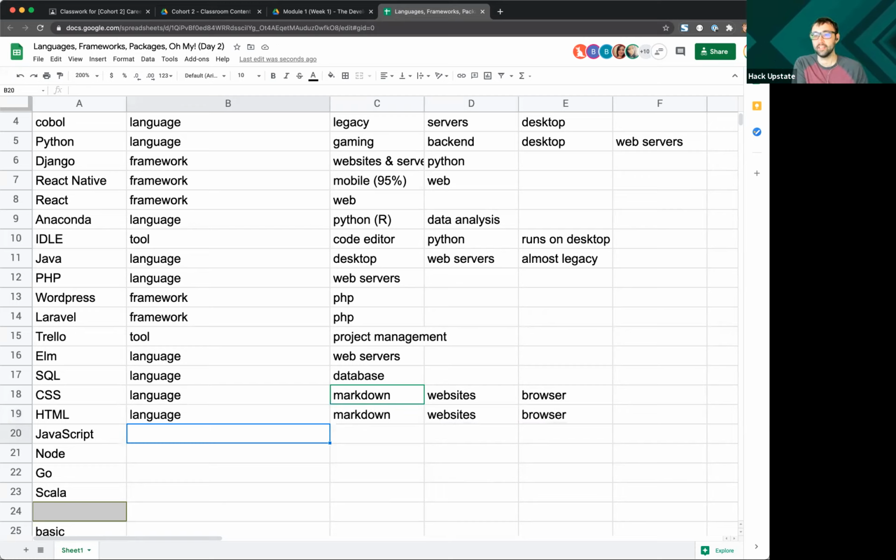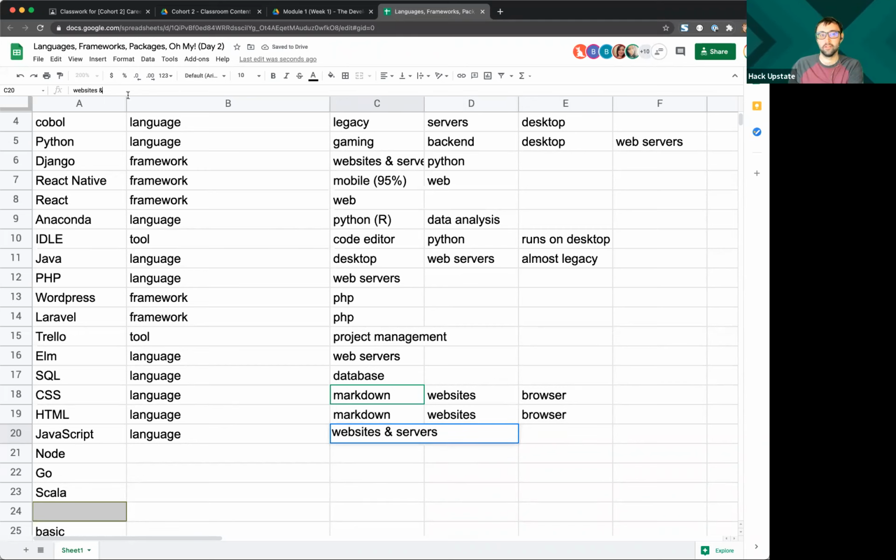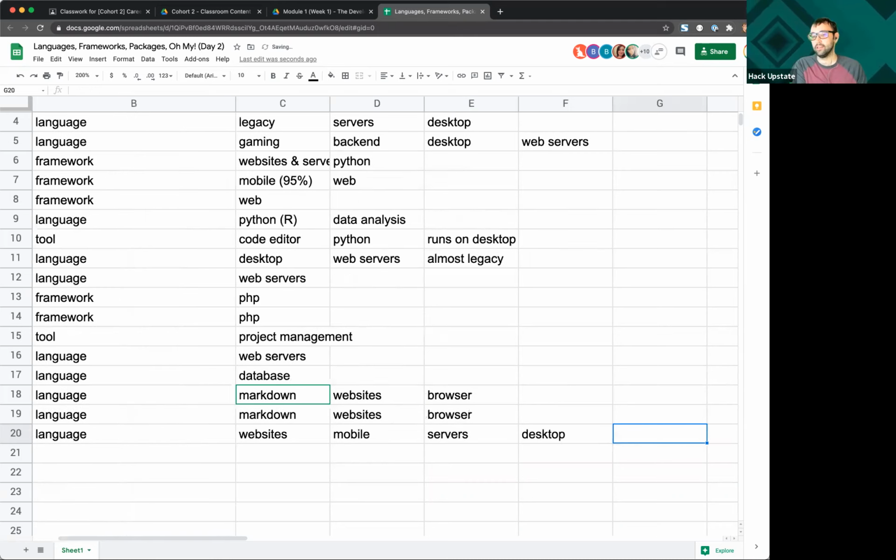Who wants to step on that grenade? Language. It is a language. Where is it used? Websites and mobile. And servers and desktop and databases. It can be used to query a database.